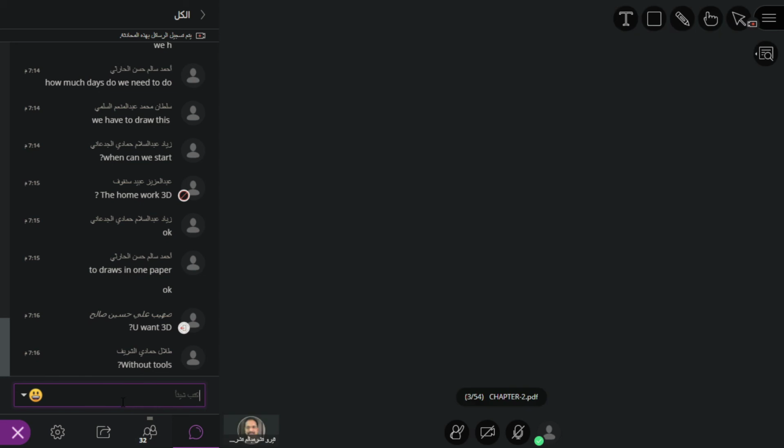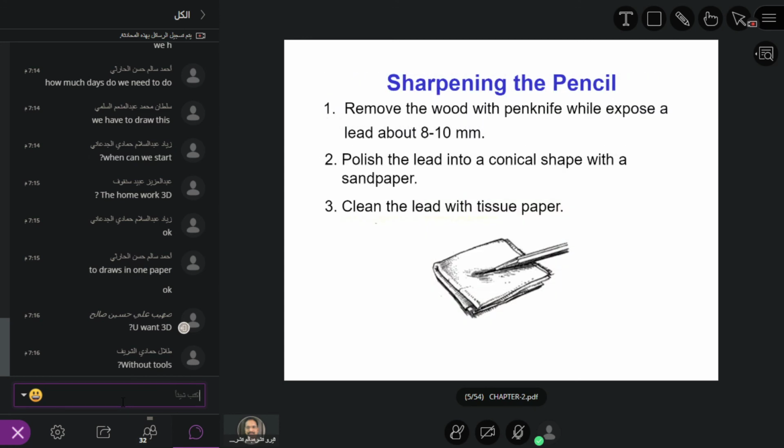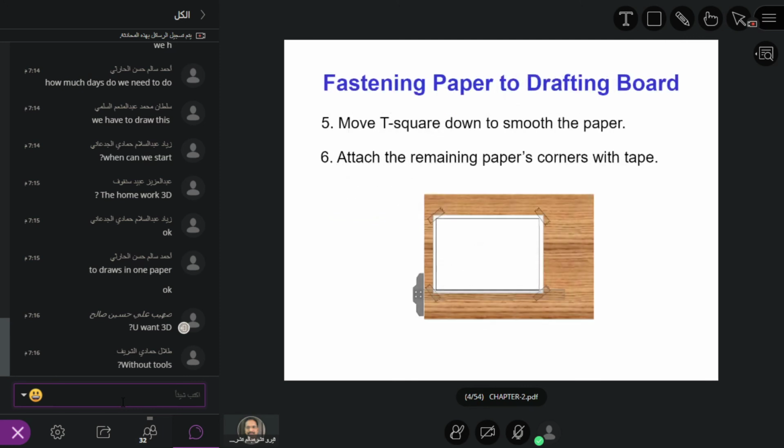So here what they are giving is just using a board. The board is different from what we are using now. Sharpening the pencil is very easy, that we will all know. So what I would suggest, please, when you bring your mini drafter,